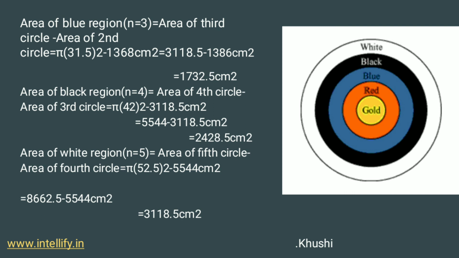2428.5 centimeter square. So from this we are also finding out the area of the white region, that is n is equal to 5, and from the general equation we get the area of the fifth circle minus the area of the fourth circle, and here the radius of the fifth circle is 52.5, that we already found. So now putting it in the formula and then calculating, we get the answer